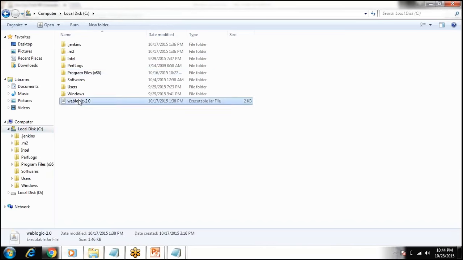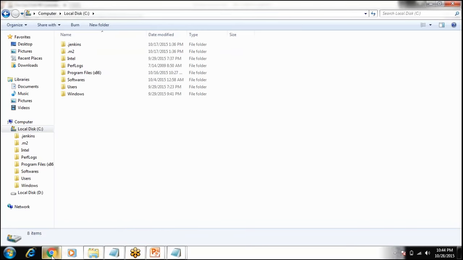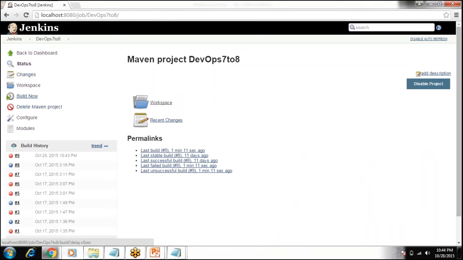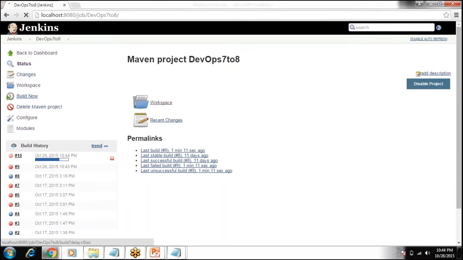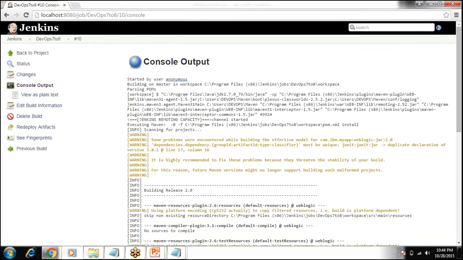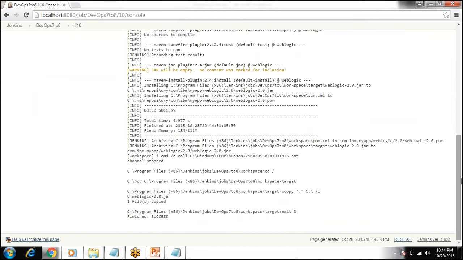Okay, let me check. So why is it failing? I'm deleting this one, and then I'll run this job again. I'll say build now. I want to see the console. See, build is success. So in this project, what I am doing is,